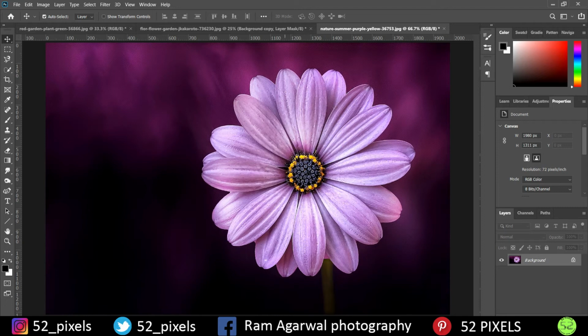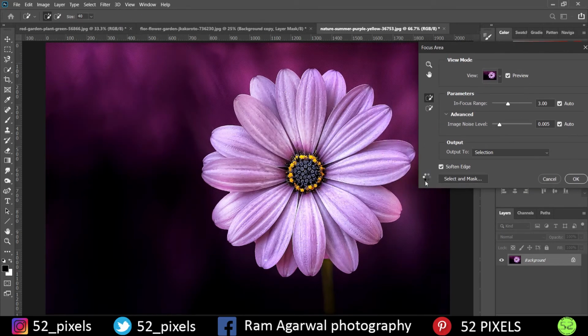So you must be thinking this is clearly an easy image. It's because the background is way too blurred and only this image is in focus. So we can use the subject as well. Yeah, we can use select subject and work with it, but we are going to try using the focus area. You have to wait until this image loads the selection.